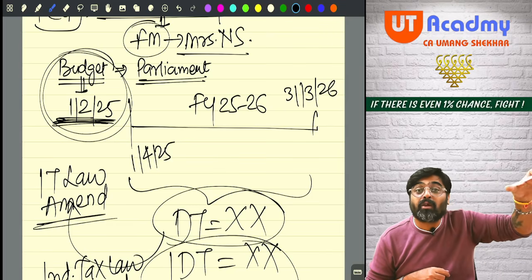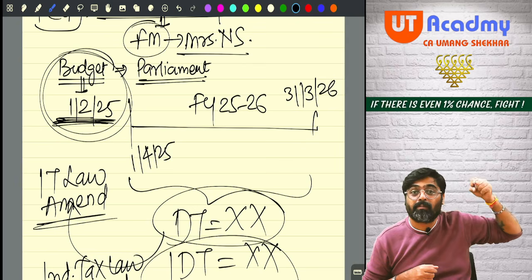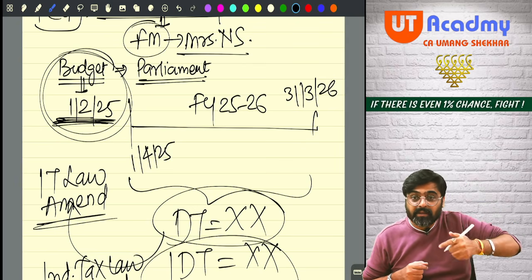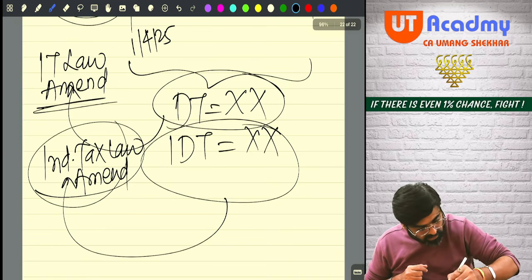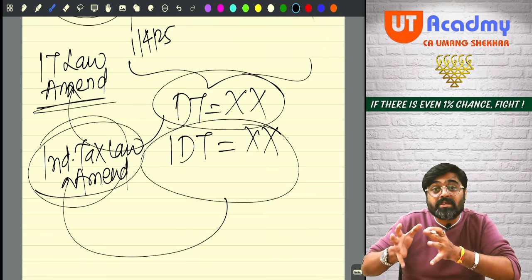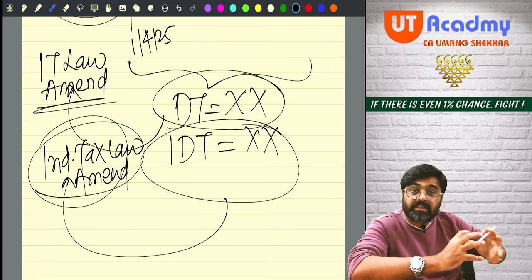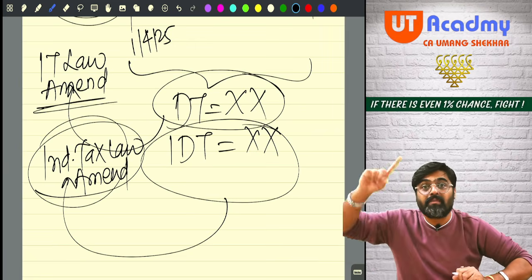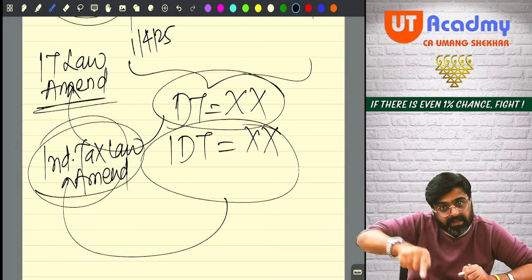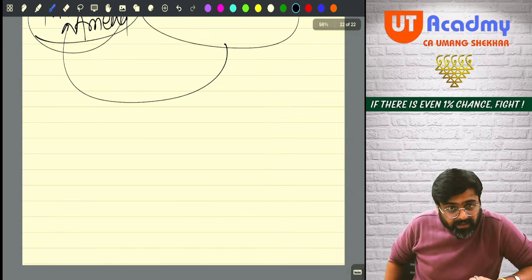Next year, we are planning to collect this much indirect tax revenue. But this much indirect tax revenue will come to us provided these changes are brought in the indirect tax law. So the changes which are proposed in the taxation law, these changes are proposed by the finance minister in the budget speech itself, in the budget itself. Getting my point? So what happens here?